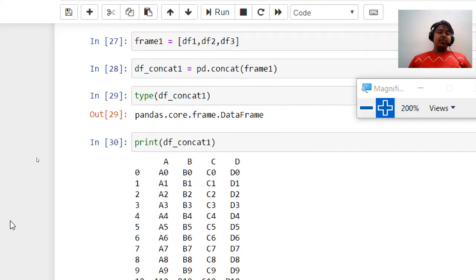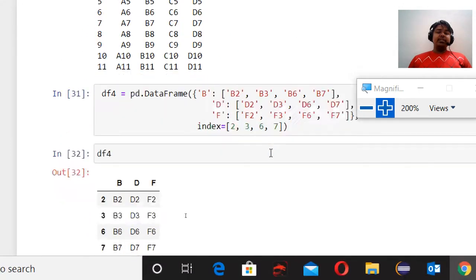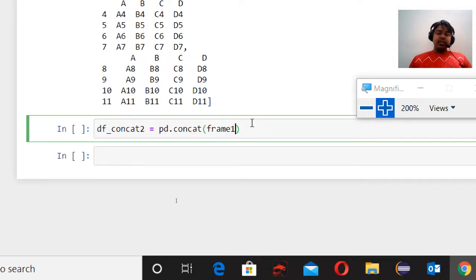This is the same thing we did earlier, but there is no key on the left side, so we'll assign the keys in our own custom manner. There is a parameter called keys, and inside keys we'll be assigning a list.